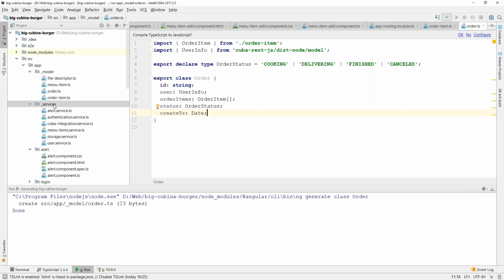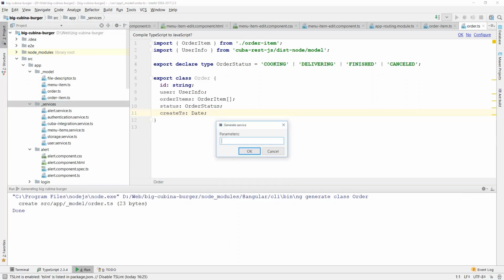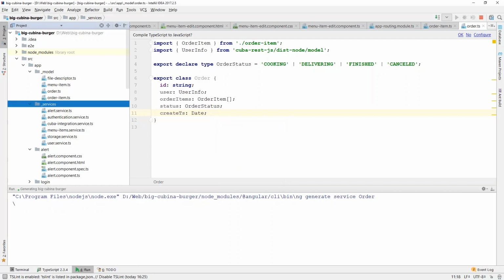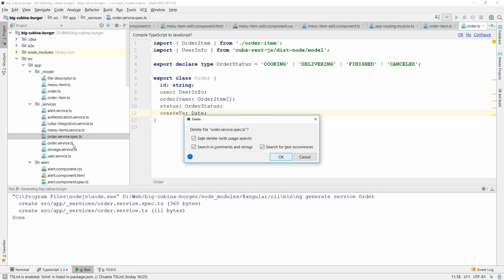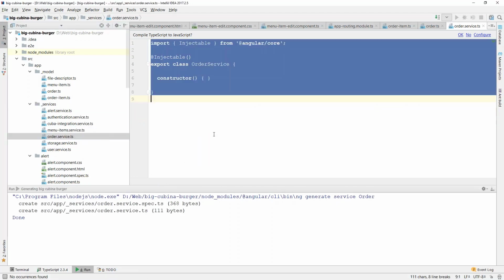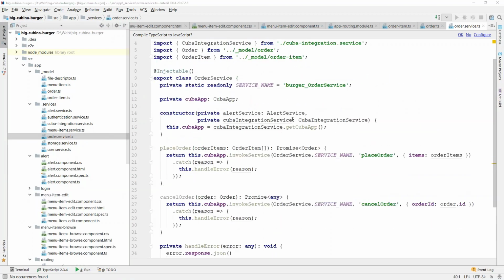So within the services directory, let's create a new service with name order. Let's open it and replace its content. So we inject alert service, Kube integration service, obtaining Kube app instance.